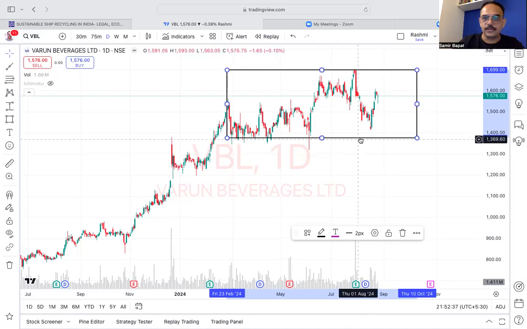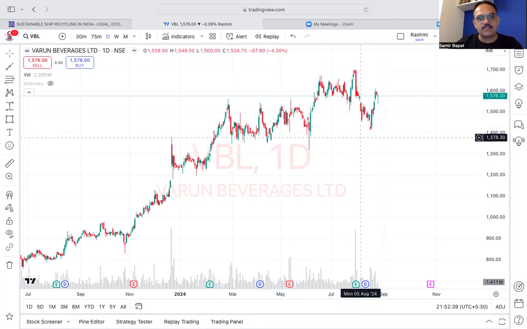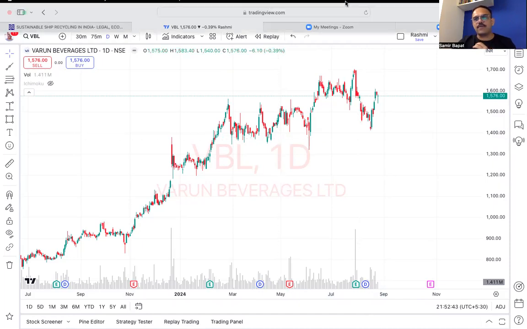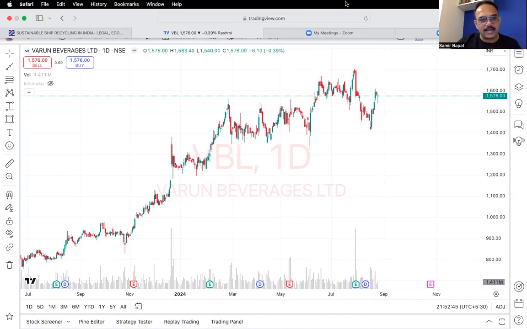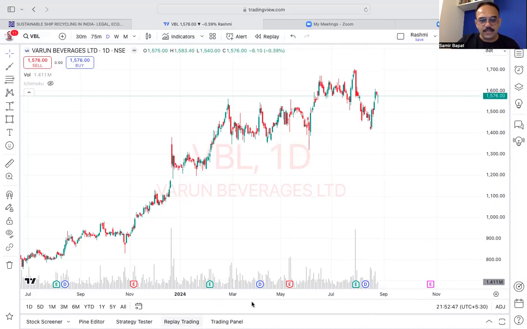Okay. So everyone okay with the rectangle? So this is one consolidation. This is the rectangle. Now another type of consolidation is a triangle consolidation. What is a triangle? Triangle consolidation is